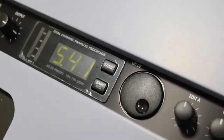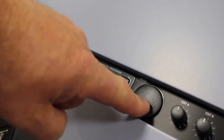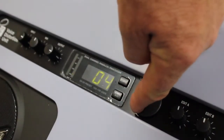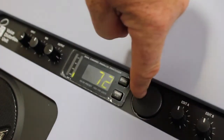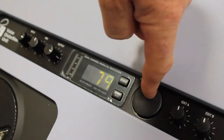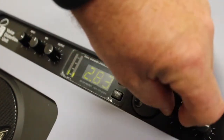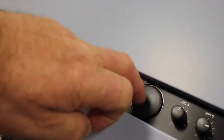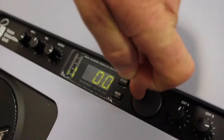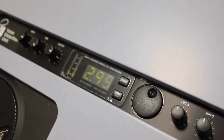Don't worry about what I've just done there for the moment. So I'm just going to move my mix around so I get some echo. And now when I turn this dial, you'll hear that we get different kinds of effects. There's all kinds of effects that you'll get from this, and you'll get some really, really fantastic ones and some really, really weird ones. So I'm going to wind it all the way down to 0, 0, 0, 0, and